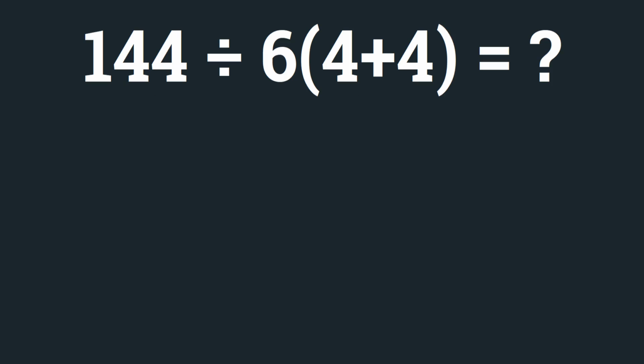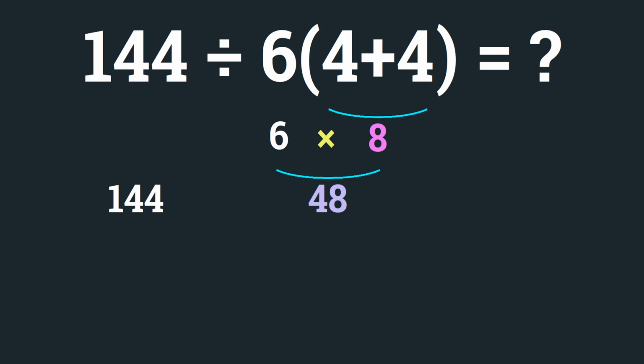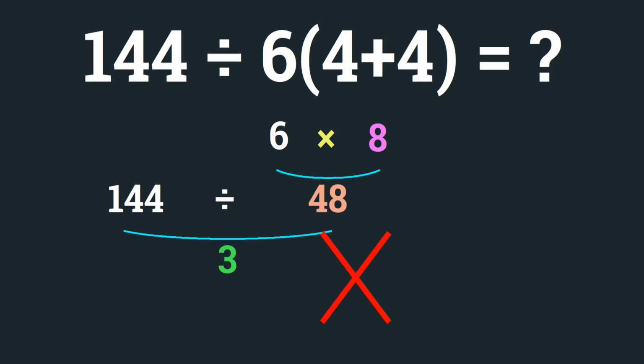4 plus 4 gives us 8, and 6 times 8 gives us 48. So 144 divided by 48 is just 3. But this answer is not correct, because according to the order of operations, first we have to do parentheses, then